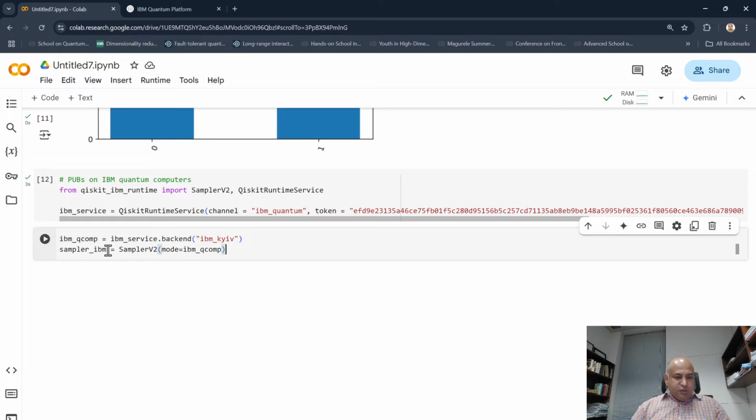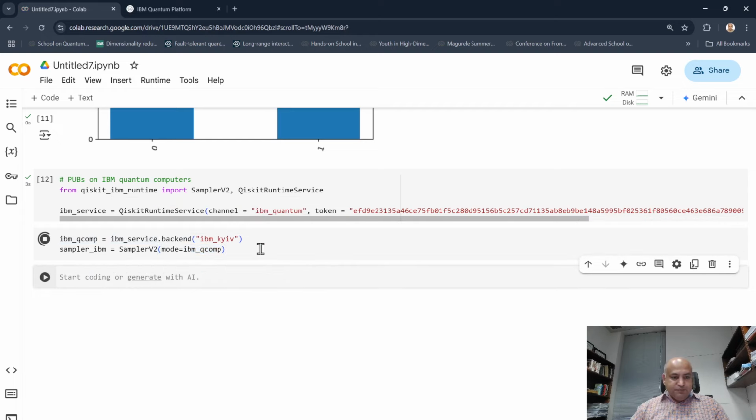And then another important difference you see from the simulator is that I'm now instantiating my sampler V2 with mode IBM QCOM, where this IBM QCOM is this IBM service IBM Kaiv. So let's run it. Perfect. So now I have my sampler pointed towards IBM quantum computer, and we have our backend. So let's now submit the job